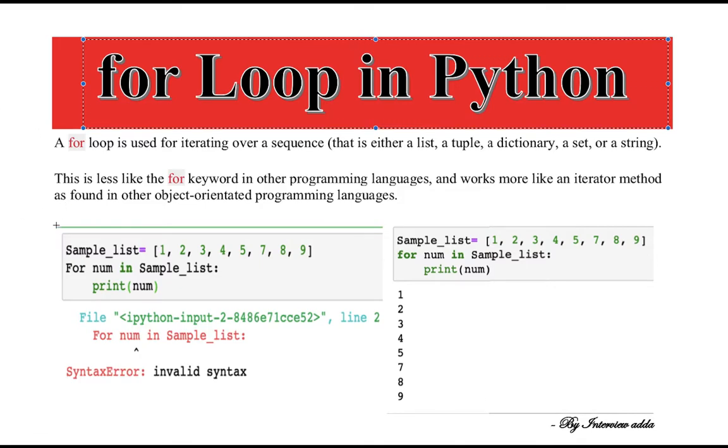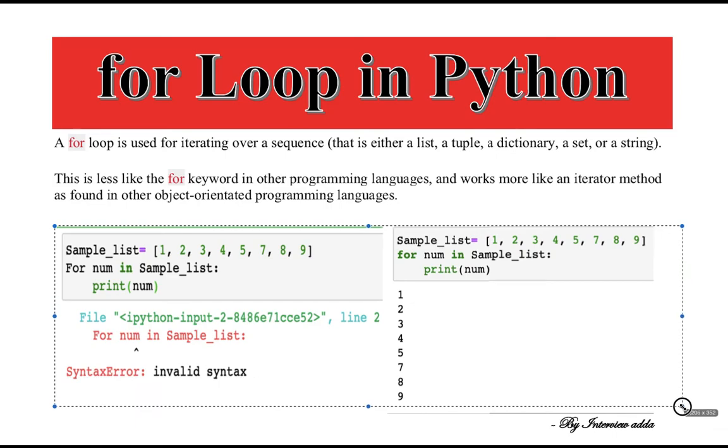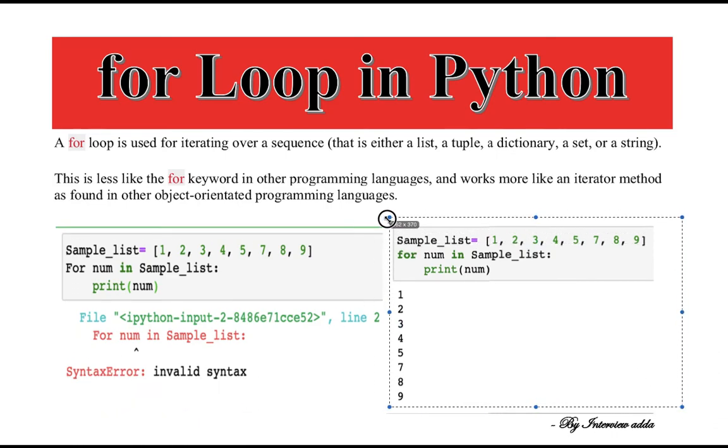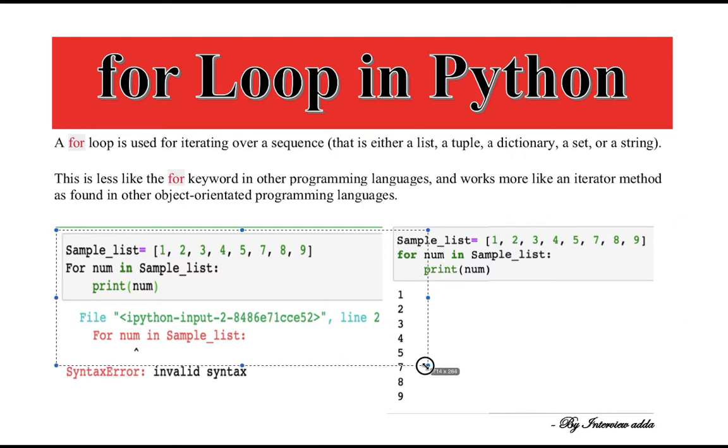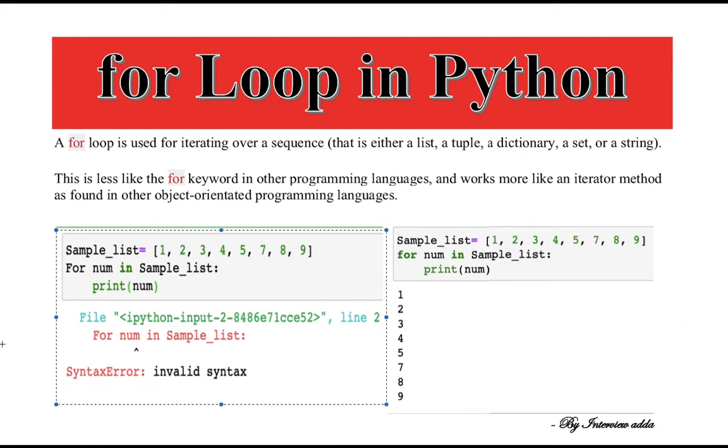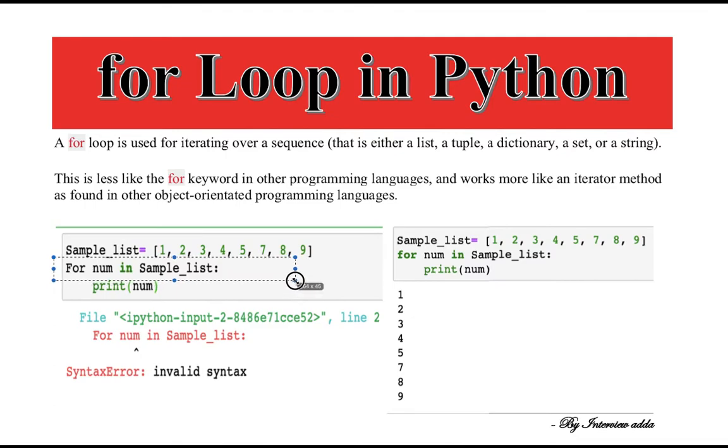Here, as you can see on my screen, I have provided two screenshots, wherein the first one is a failure and the second one is the happy case, right? In one you are able to see all the elements get printed after execution using the for loop. However, in the other case, we are getting an error after execution. The reason is that I have used a capital F here. As you know, in Python these keywords are case sensitive, so we have to take care of cases while writing Python code. This is the correct way of writing a for loop.